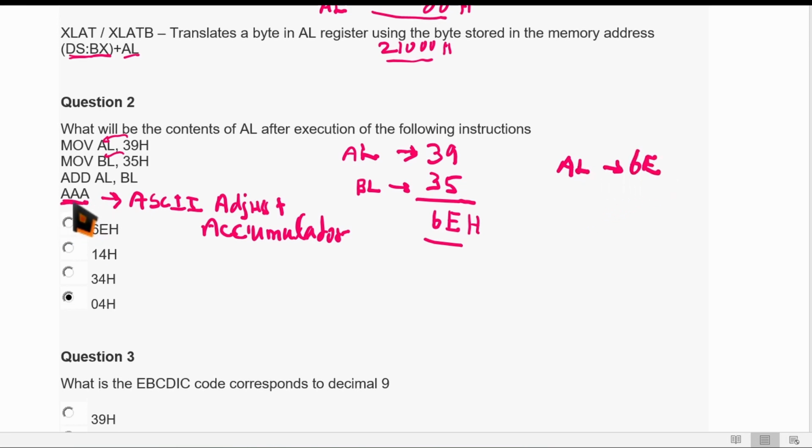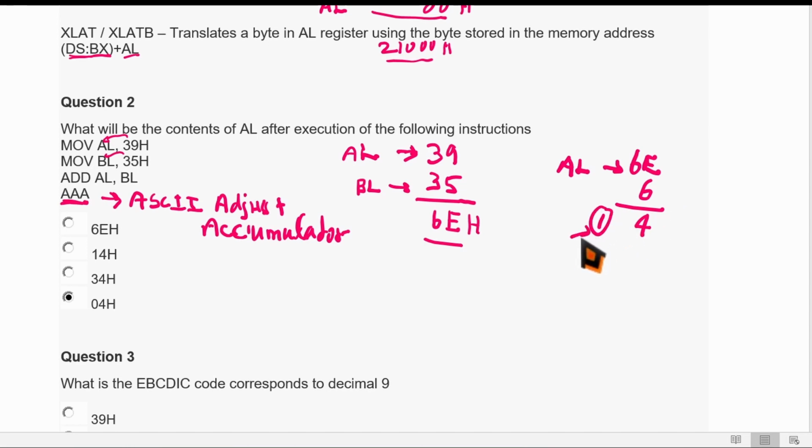When this instruction is executed, 6 will be added here. So E plus 6, 14 plus 6, 20. That means 1, 4, in hexadecimal. So that 4 will come here, and that 1